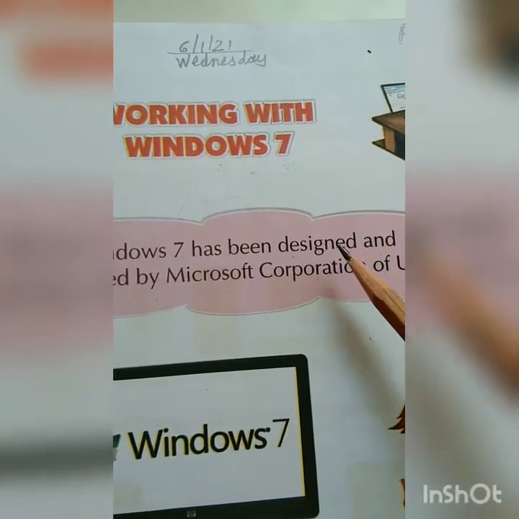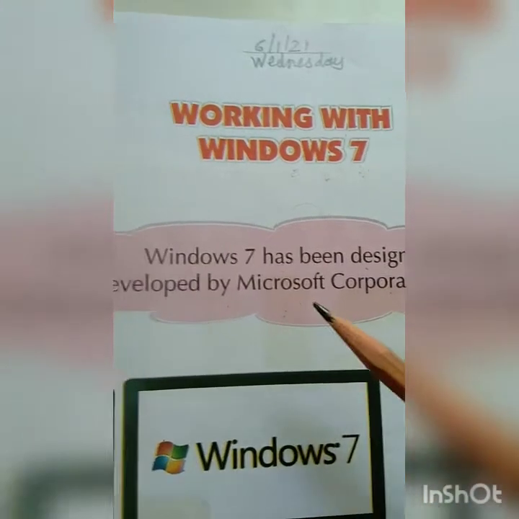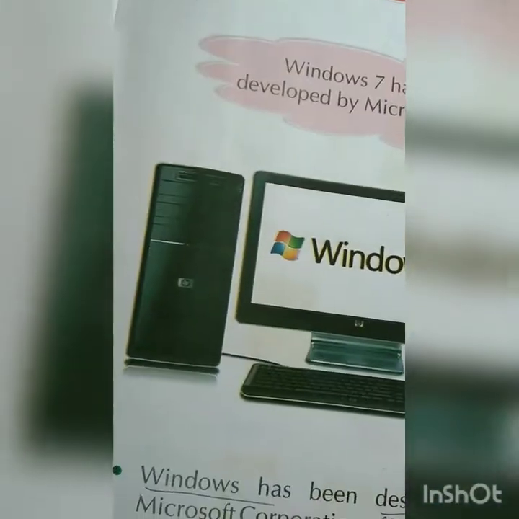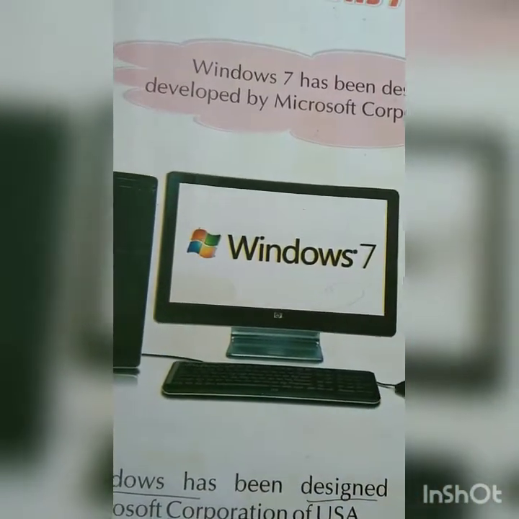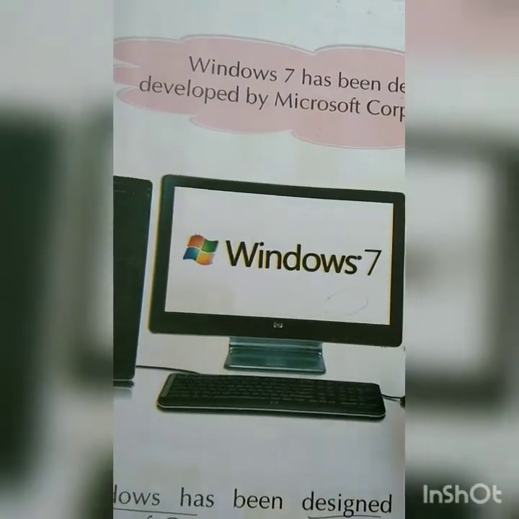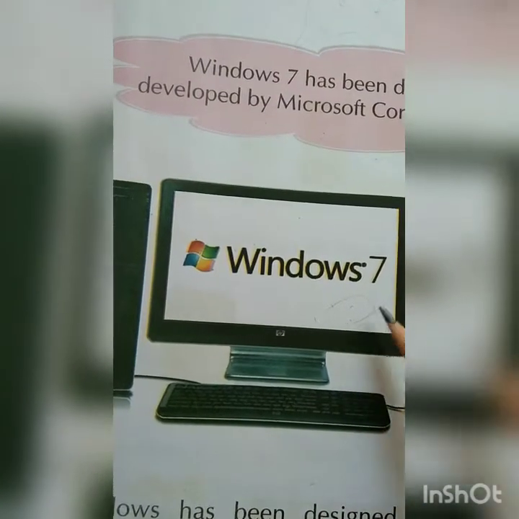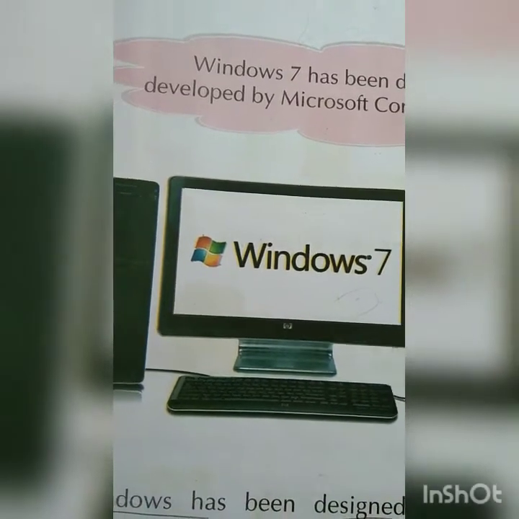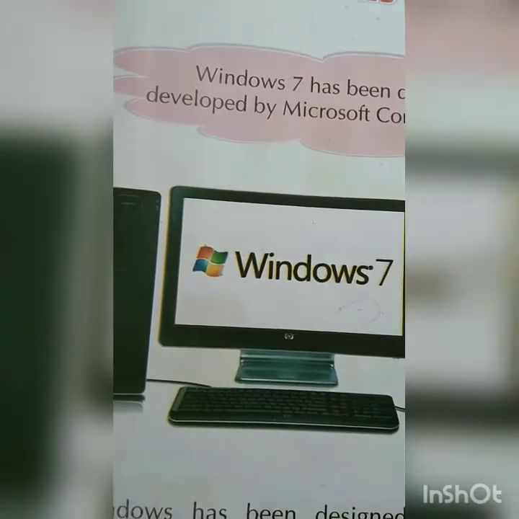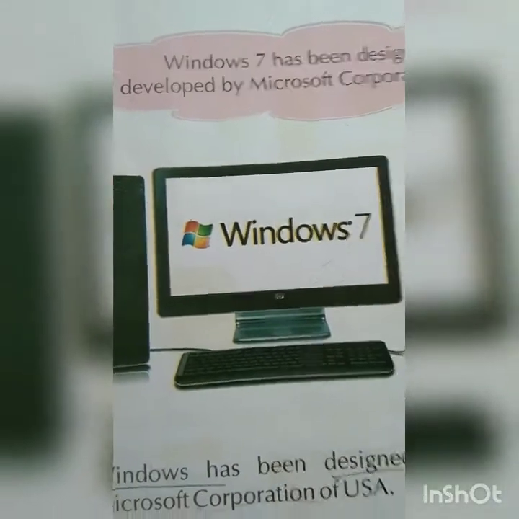Okay, so what is the design in this Windows 7 and how can we use it? That we will see. First of all, here it is given as Windows 7 on your monitor screen. Windows 7 means what program changes are done for you. According to your syllabus it is Windows 7, but nowadays Windows 10 is also available in the market. Lots of changes and upgrades were made in Windows, so you can do more design and style in your work, and you get so many facilities also.